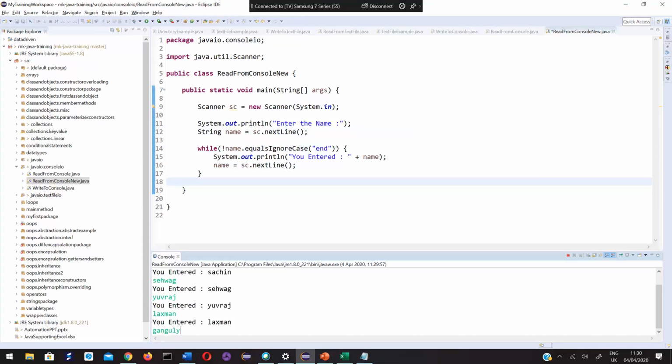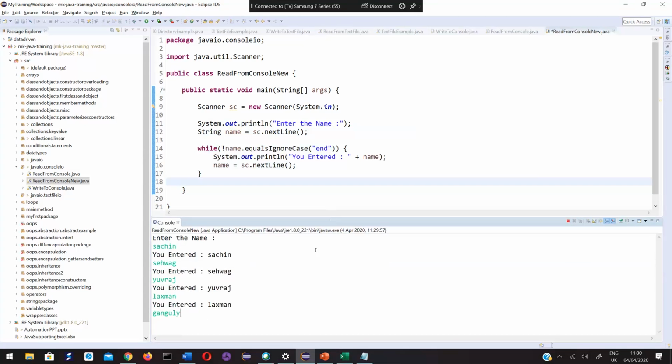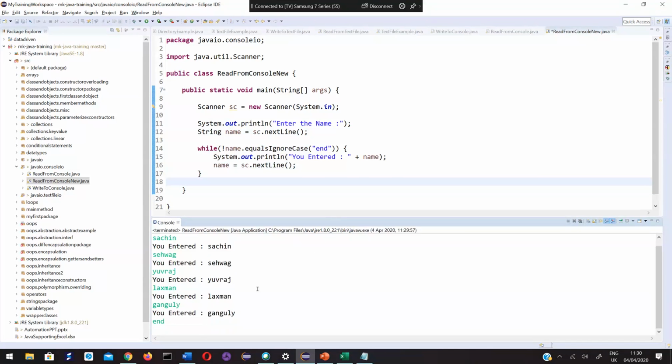Since I have run a while loop, it keeps on asking me to enter values. It takes the values, accepts the values. As soon as I enter end, while name not equals end, okay, the program execution is completed.